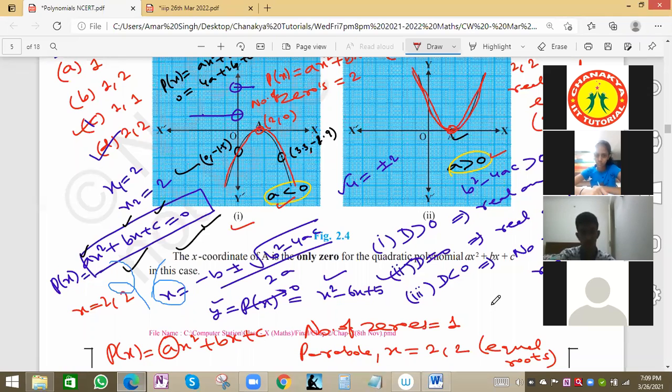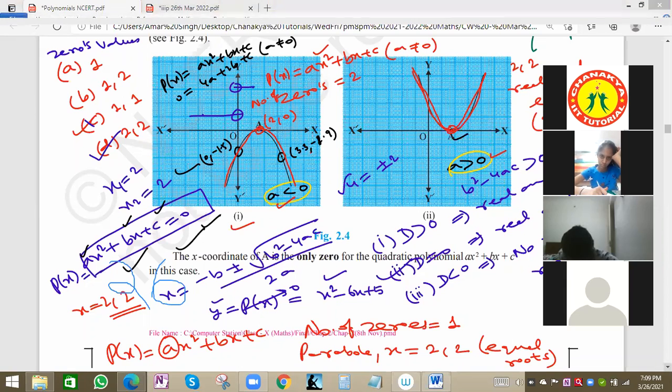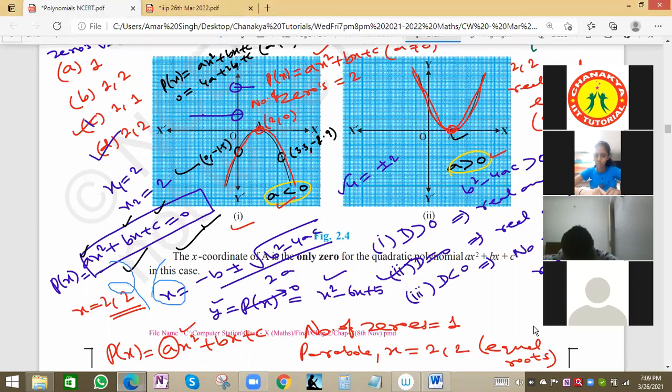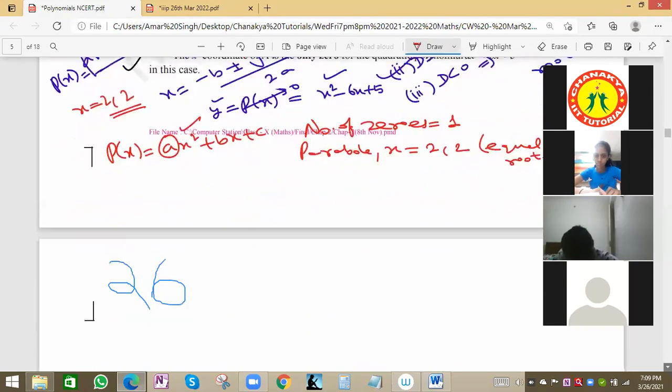Fine. Normally the equations will not be given, and they will not say anything about the graph, so we can say the number of zeros will be 1, here also 1. Got it? And if the equation is also given, we can say zeros will be 2, and both will have equal value, 2 comma 2, or if it is 3, then 3 comma 3. Any doubt? If only the graph is given, there is only 1 zero, the meeting point of the graph with the x-axis. And if they say the graph is of a parabola, or a quadratic polynomial, then zeros will be 2 because the degree is 2, but both will be equal zeros or equal roots.